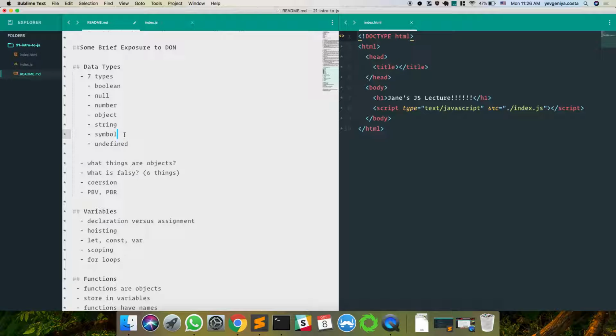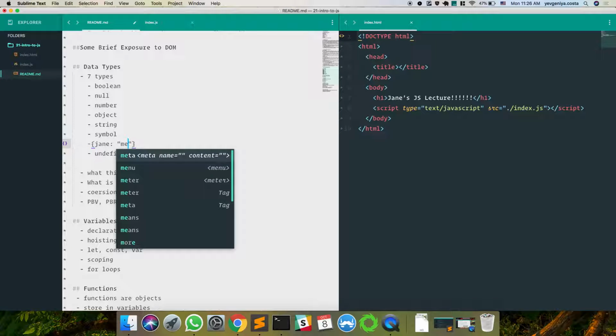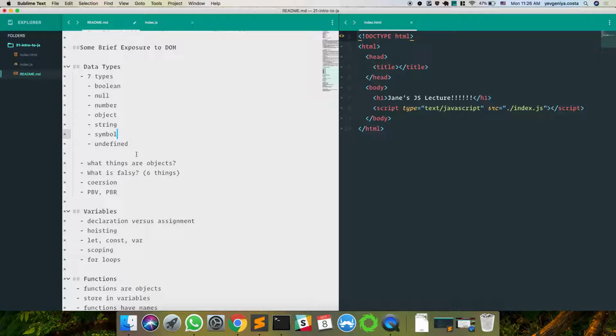Symbols, I haven't really experienced using them very much in JavaScript. It's not like Ruby symbols, where you have your hash and your keys are technically symbols. You don't really do that in JavaScript. When you have an object, like Jane, that key is technically a string. So you're probably never gonna use symbols. I haven't had to use them yet. If you run into using symbols, please do let me know.